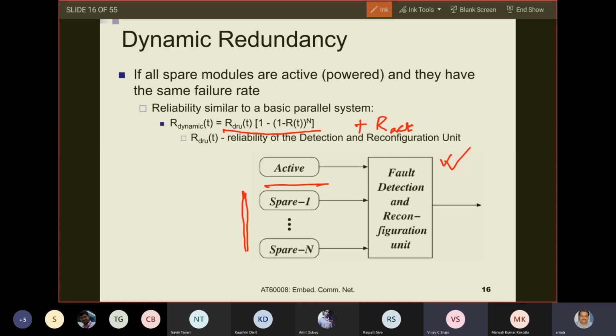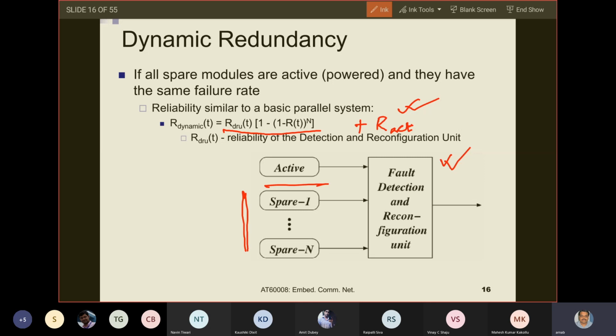Why have I added this R act? R act is the reliability of the active module. So when R act fails, then RDRU comes into the picture. R act will anyway be there; that is the reliability of the active module. When the active module fails, then